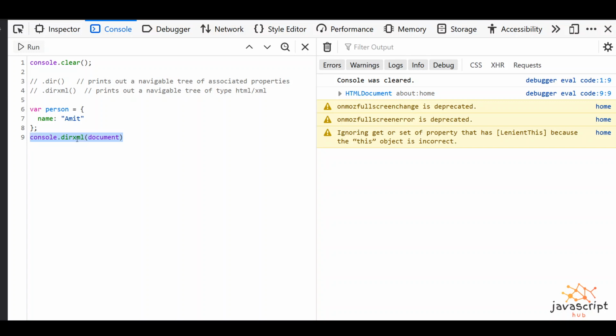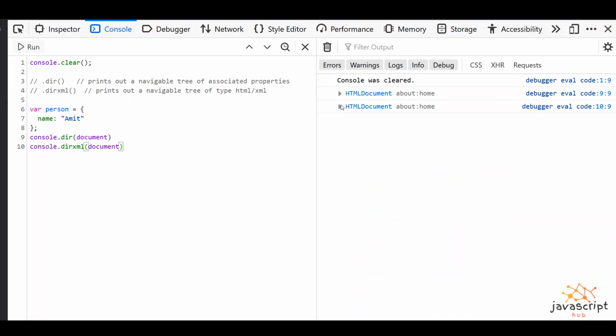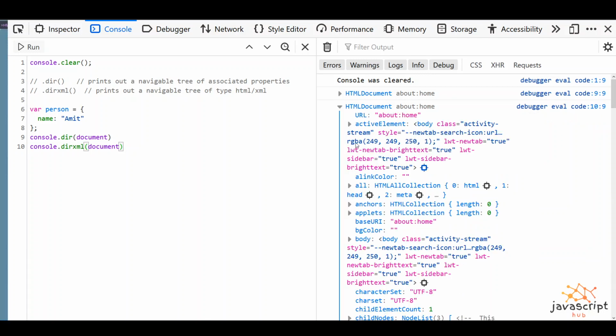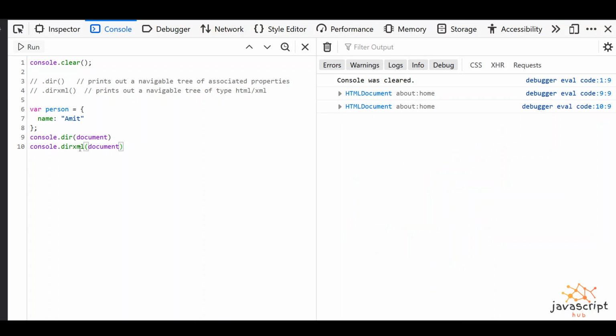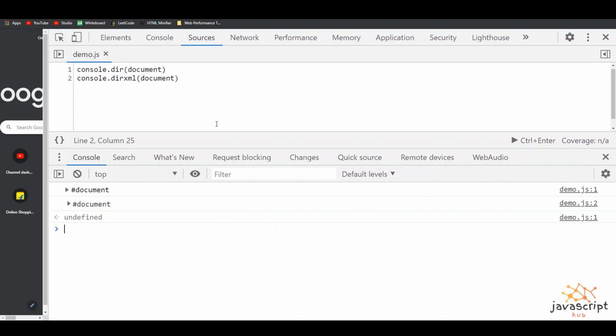If I try in Firefox, there is no difference between dir and dirxml. The similar kind of representation is in dirxml. If I see these in Chrome, there would be a slightly different representation. Let's see how it works.